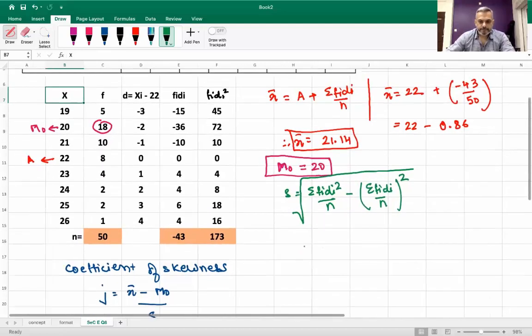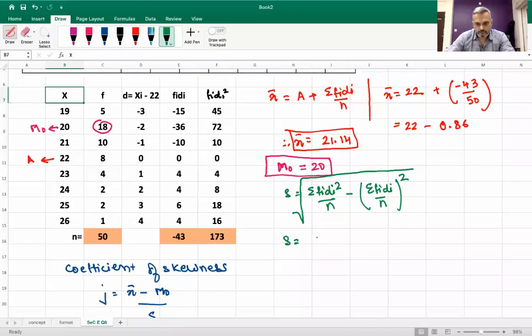Now over here, standard deviation is equal to sigma Fi di square is 173 upon n, N is 50, minus 43 by 50 the whole square